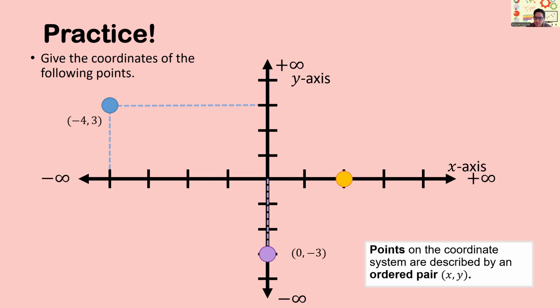2, 0. 2 comma 0 is correct. Okay. Good. So there's going to be some questions when you get into the Alex homework here in a minute